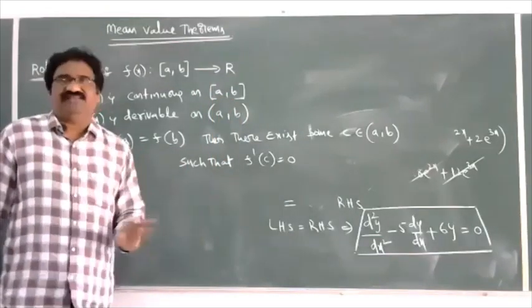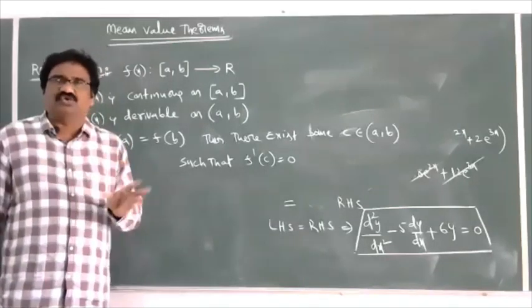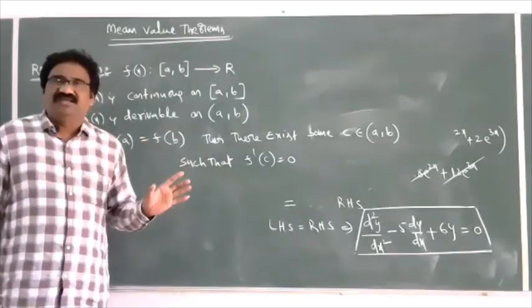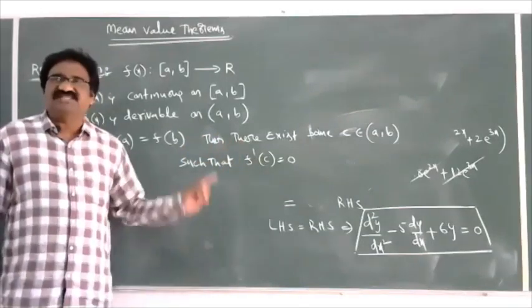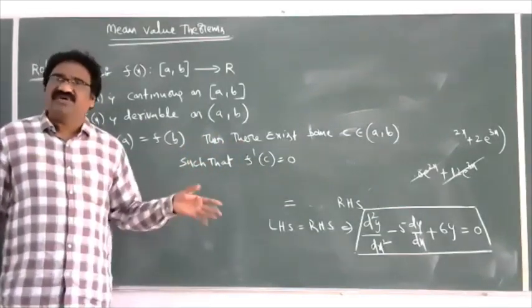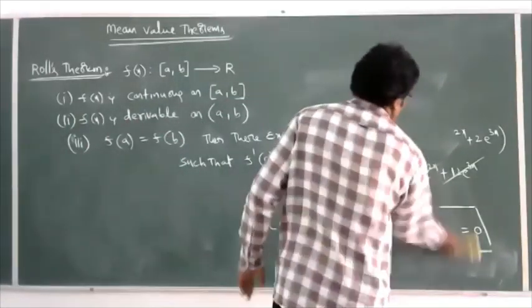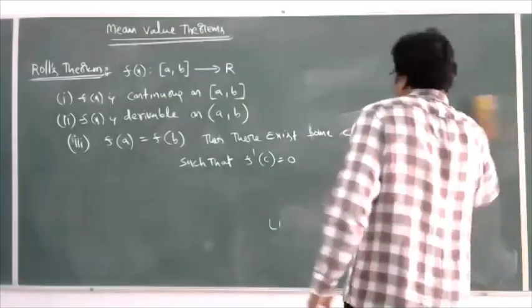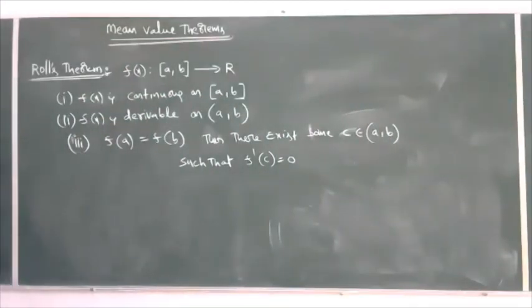Then we verify that there exists a real number c belonging to open a comma b such that f dash c is equal to 0. This is called Rolle's theorem for any function. For example, if you take one example for Rolle's theorem,